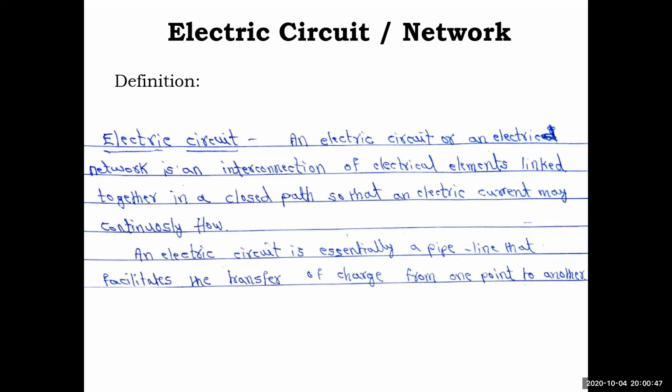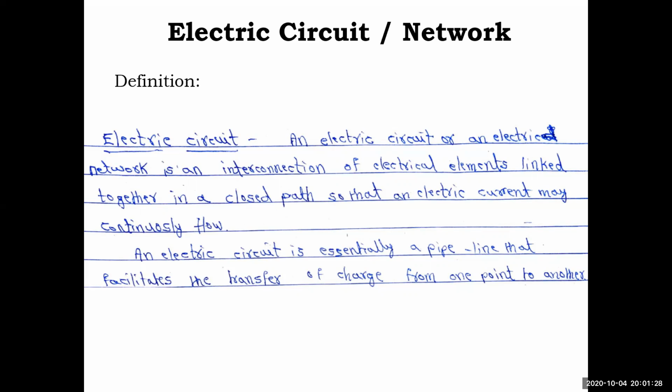As I already mentioned, there are passive elements and active elements. We are going to discuss in coming sessions what these elements are about. These elements are connected in some topology to make some output, some configuration, some device, right? In a closed path, the electric current is the parameter here, and it will continuously flow. You are able to get the current in your house because from the power station to your house there is no breakage. It is a closed path, current is continuously flowing, so that you are watching TV, the grinder is on, or the washing machine is on. So this is called an electric circuit.